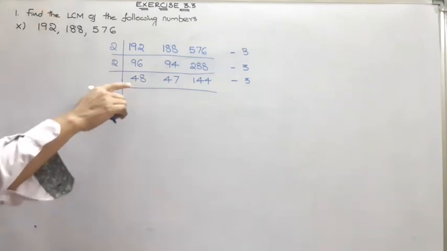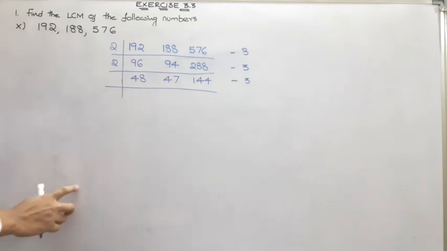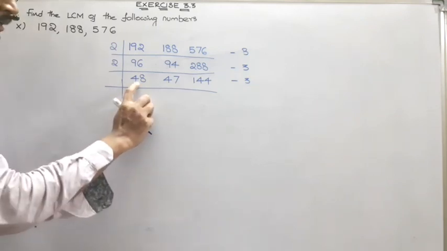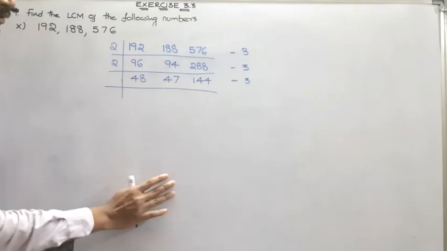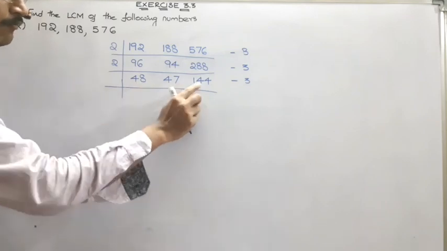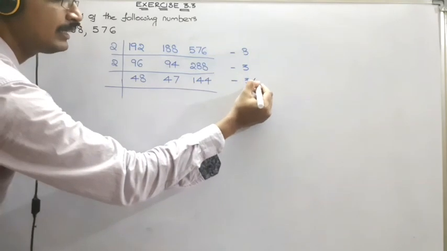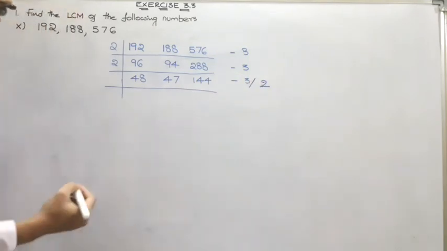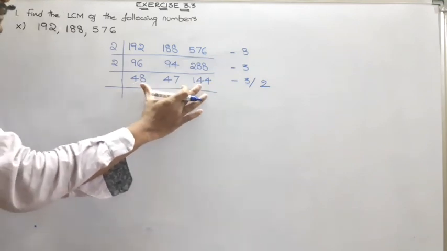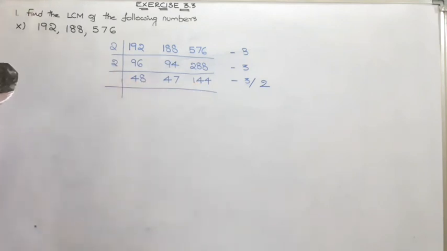Sometimes all 3 numbers will be prime numbers. Then itself we have to stop. But here it is not a problem. Now look at the board carefully, children. 48, 47 and 144. In this set, it's very much clear that 48 is an even number and 144 is an even number. So out of 3, how many numbers are going to be divisible? Only 2 numbers, isn't it? 48 and 144. For the respective numbers, we have a chance to be cancelled, whereas 47 doesn't. So what we'll do?